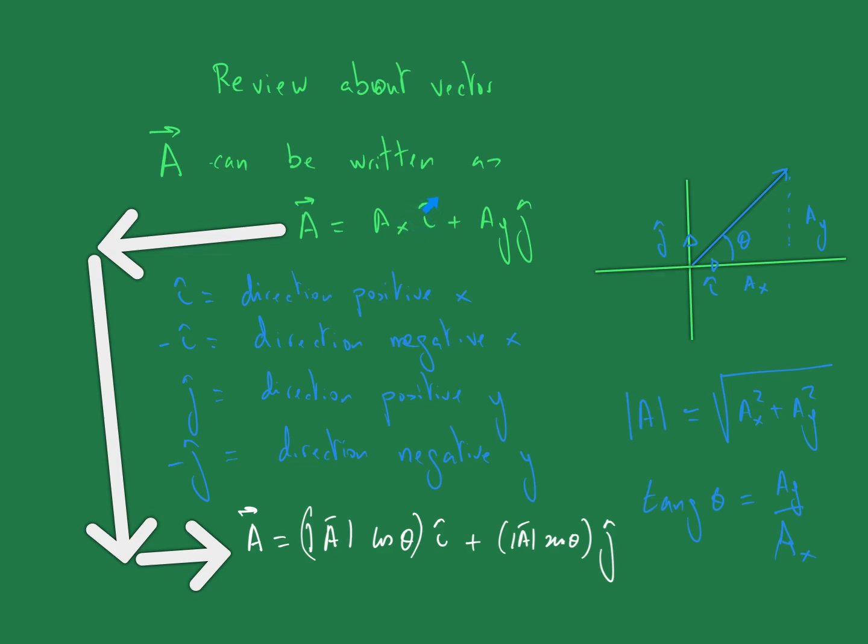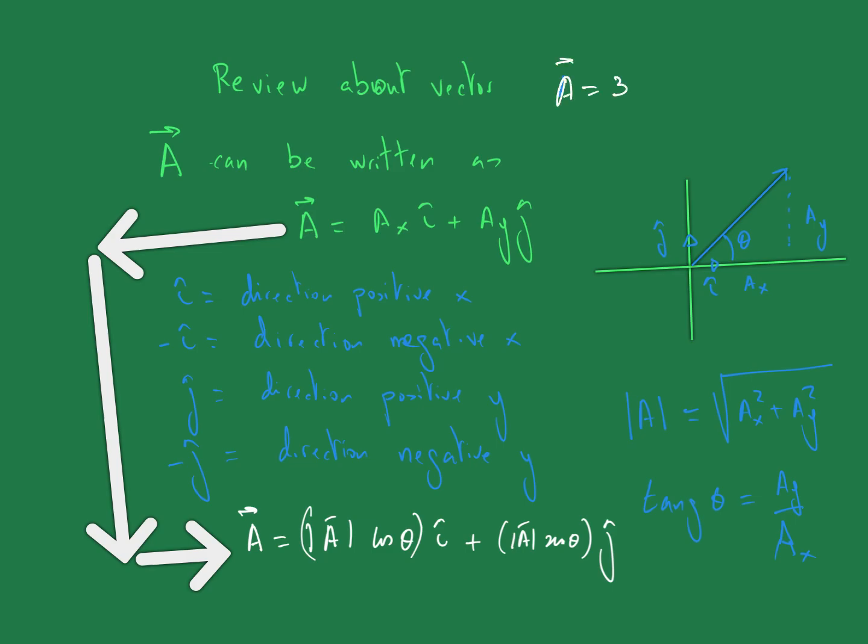This means the I direction, the x direction. So if you want a position vector, it will be 3 meters in the x direction, plus maybe 4 meters in the j direction. And the j direction is in the positive y axis. So the vector A equals 3